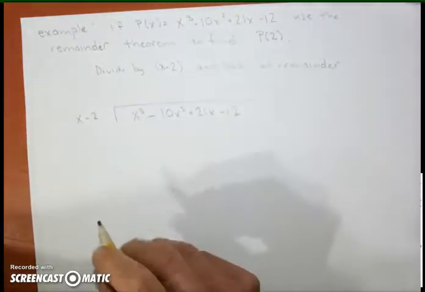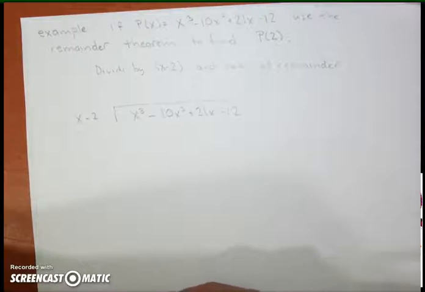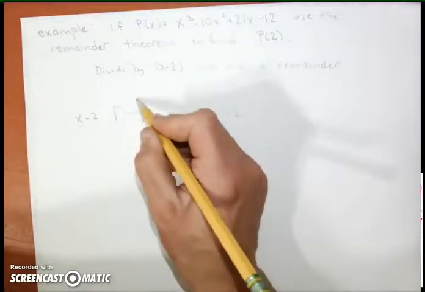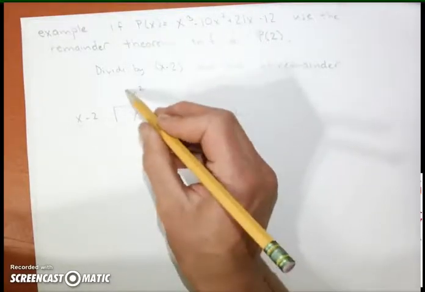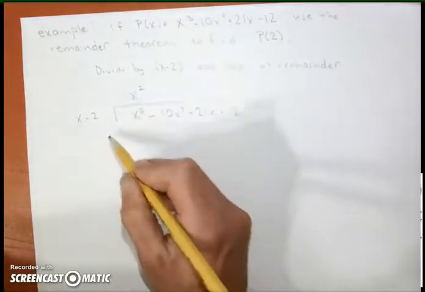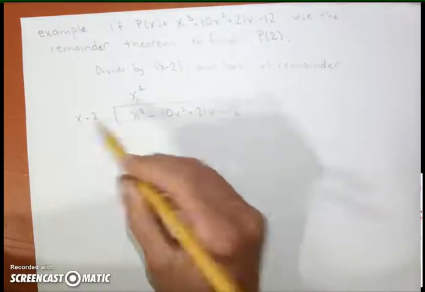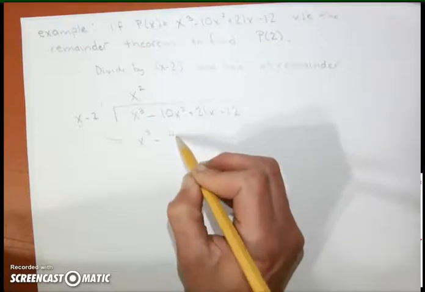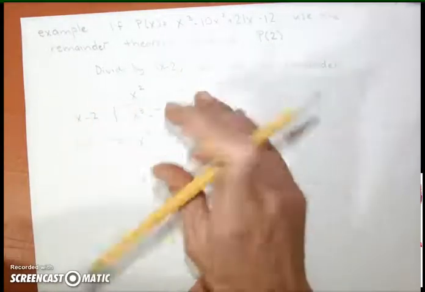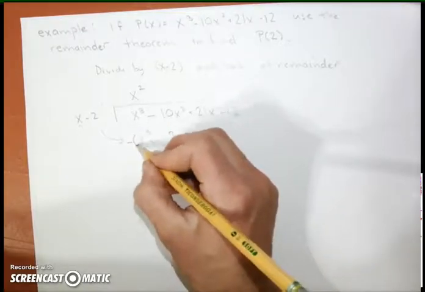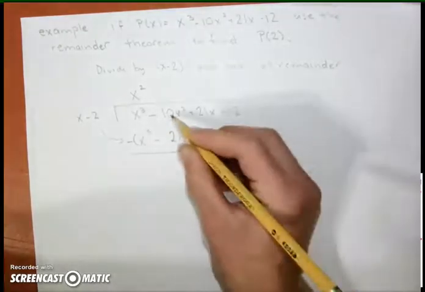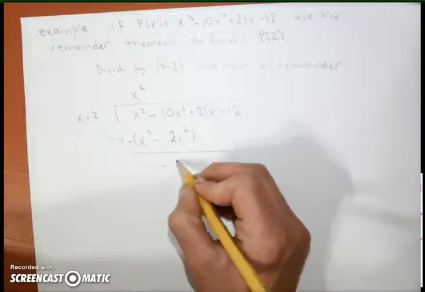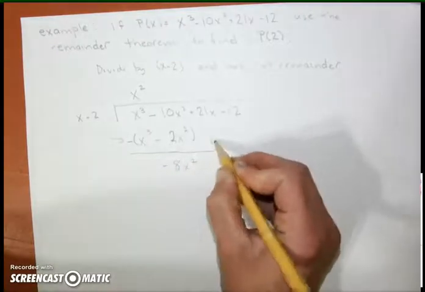So this is a much longer expression, so we'll just repeat the process over and over again. So first I look to see how many times does x go into x cubed. That's x squared. I take x squared, I multiply by this expression, and I put it below. X squared times x is x cubed, and then I get minus 2x squared. And I'm going to subtract this entire expression. So I'm left with negative 10x squared minus negative 2x squared is negative 8x squared. And I bring down this other stuff